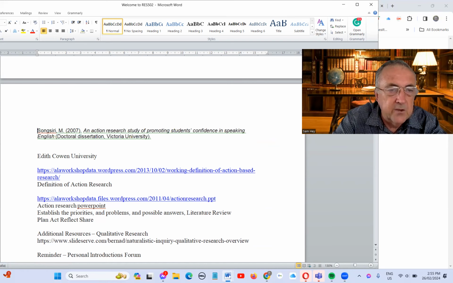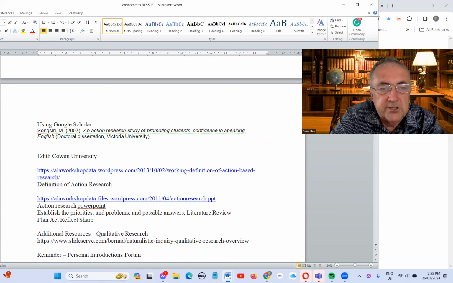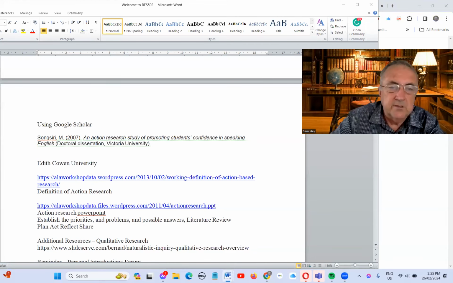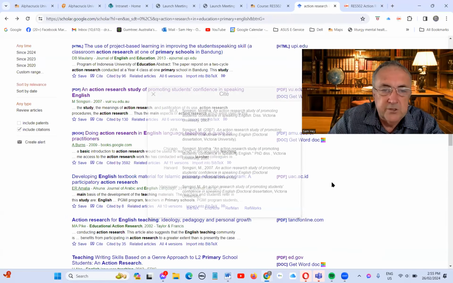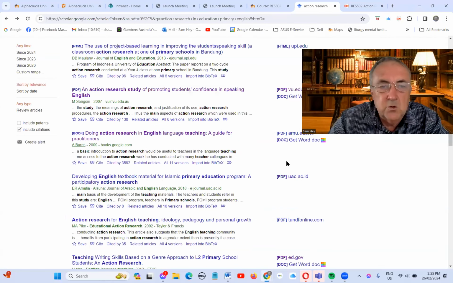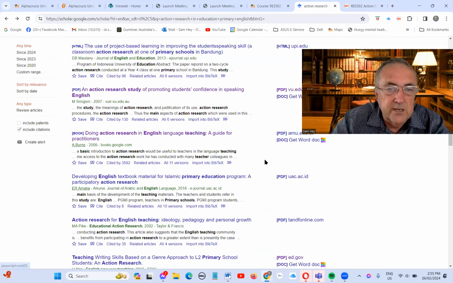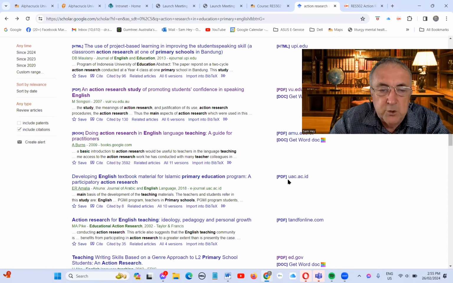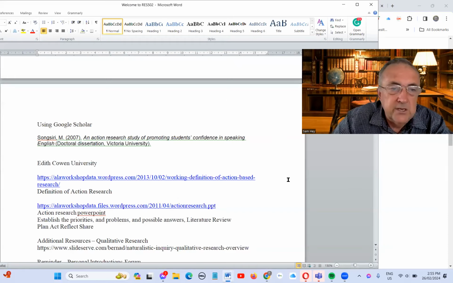And so using Google Scholar, you can make a copy of the reference and you can locate resources such as this. And you can take some notes on these resources and you could collect 10 or 20 resources for use in your action research project. So this is just one example of resources that you can find using Google Scholar, but